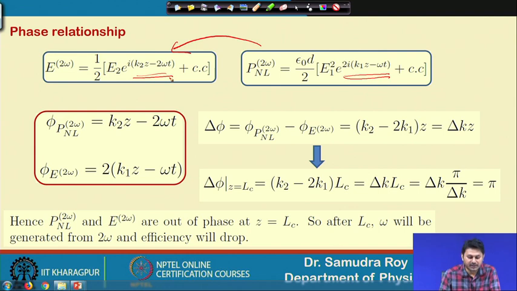So, the conversion of energy becomes maximum, and the reason is that these two waves are propagating together and the phase velocity is matching, and if their phase velocity is matching, that eventually leads to the phase matching condition delta k equal to 0. So, here we will try to find out what is the corresponding phase. The phase of this quantity is written as the phase of P nonlinear 2 omega. This is the phase of the nonlinear polarization term, which is nothing but k 2...